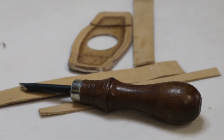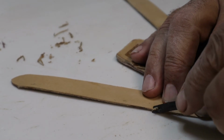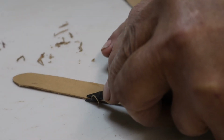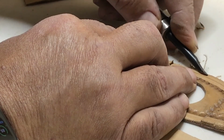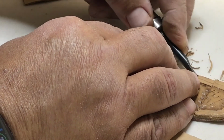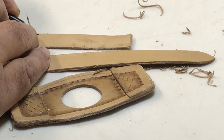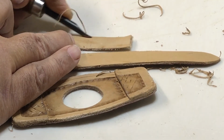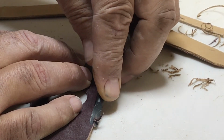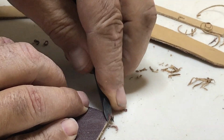I bevel the edges, skive the parts that are going to be used in the band. I think I have to sharpen my bevelers. They were dragging quite a bit. Bevel the lining also. Then you can dye the edges and burnish the edges